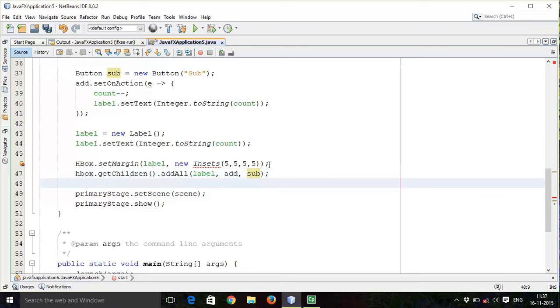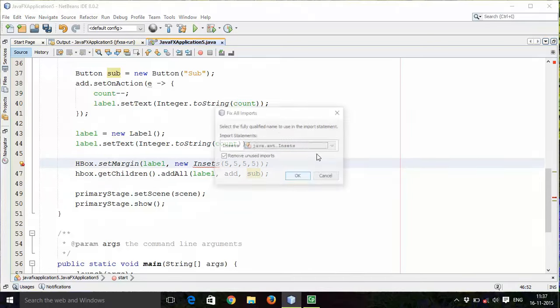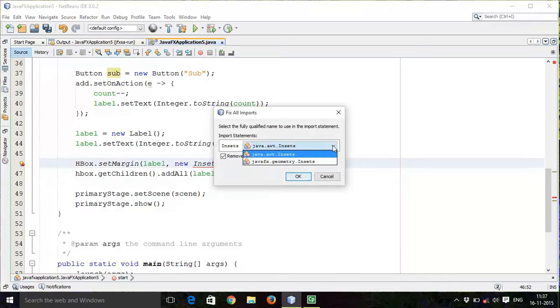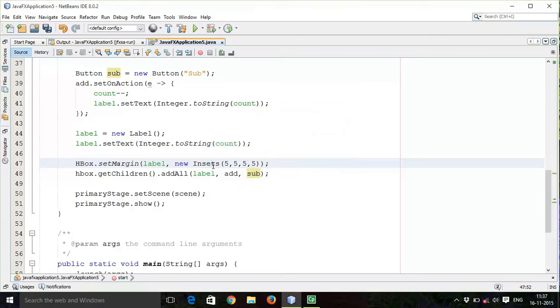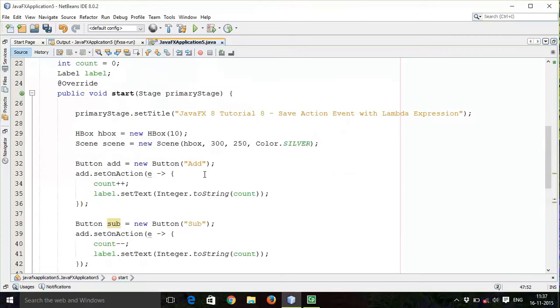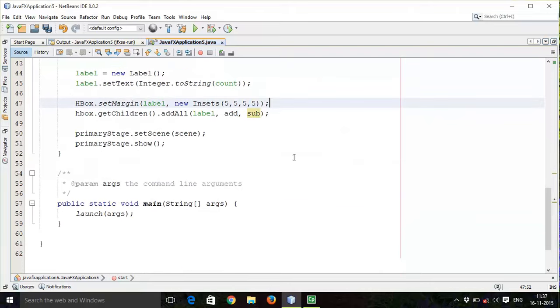Again fix the import for Insets. You have to choose JavaFX geometry Insets. Okay. Then all the program is done. Save this and run.